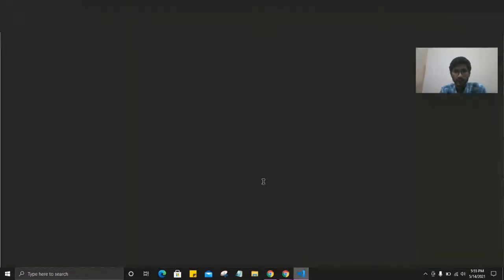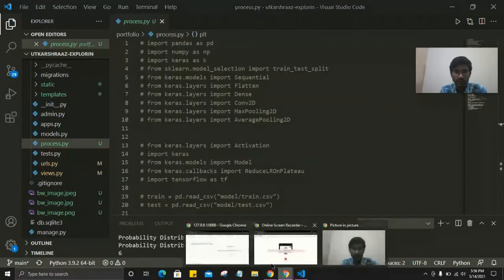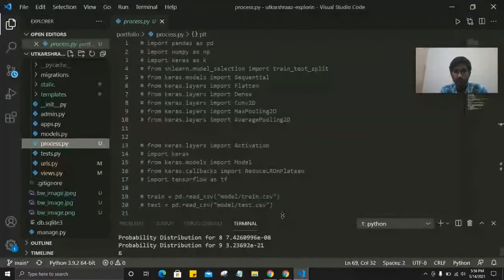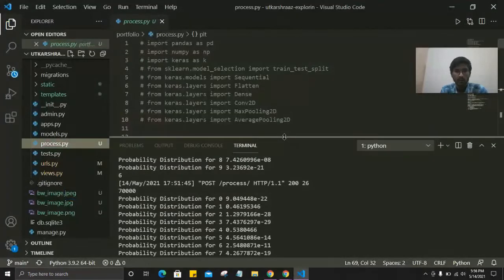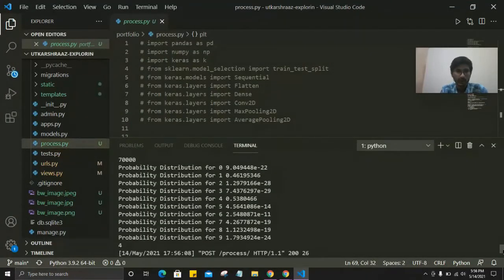So here I can show you. This is my VS Code. One more thing I want to show you is that if I draw something here, like if I draw 4 and it predicted 4, in the terminal I'll show you the latest one here.